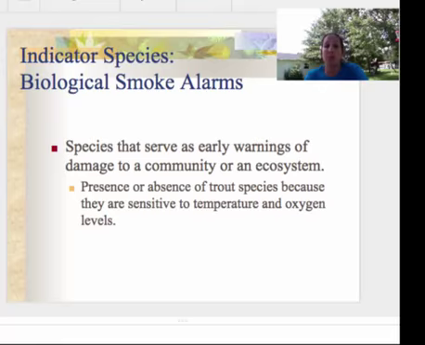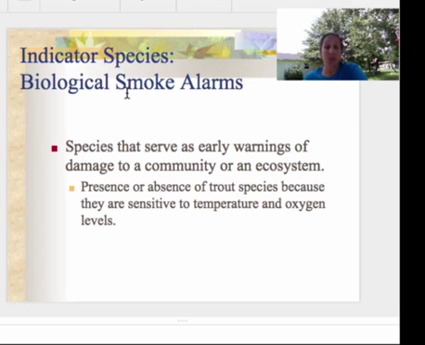Sometimes, however, there are some early warnings. Sometimes there's some smoke alarms with regards to organisms in a species or in an ecosystem, and they can be a presence of or abundance of species. It could be lichens, for example. Lichens are an early indicator of a clean ecosystem. They're very, very fragile to pollution, so if they start to disappear, then we know that we may have some pollution.